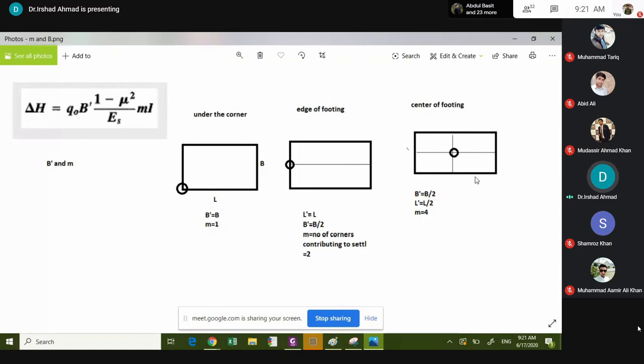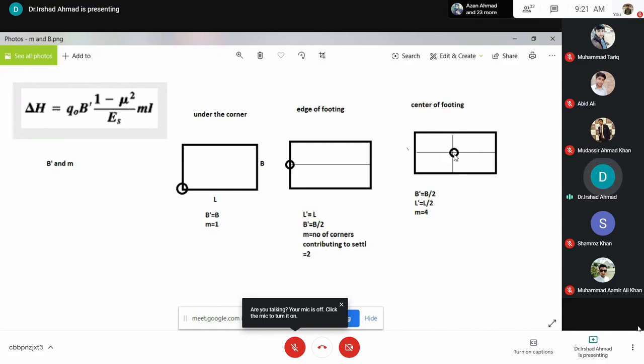अच्छा अच्छा, चलें ठीक है। अब आप समझ गए, यस सर। क्योंकि ये क्वेश्चन जो है ना वो अंडर द कॉर्नर ऑफ फुटिंग के लिए एप्लीकेबल है। तो अगर आप सेंटर में मालूम करना चाहते हैं तो आपको ये 4 हिस्सों में तकसीम करना होगा, ताकि इस हिस्से के लिए देखें ये कॉर्नर बन गया। तो इस स्मॉल रेक्टेंगल के लिए आप ये इक्वेशन इस्तेमाल करें, और M4 का मतलब है क्योंकि 4 कॉर्नर्स आ रही हैं तो इसका इफेक्ट भी आ जाता है। अब समझ आ गई आपको? यस सर। अच्छा जी, गुड।